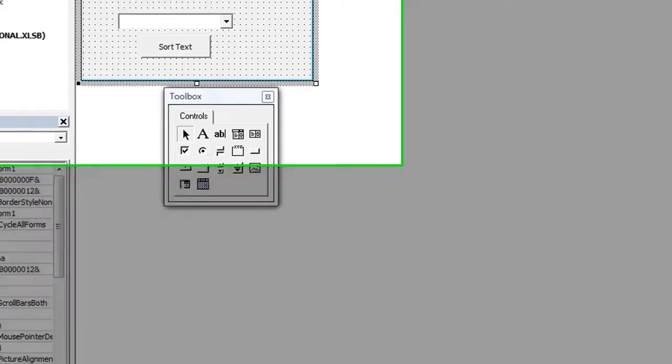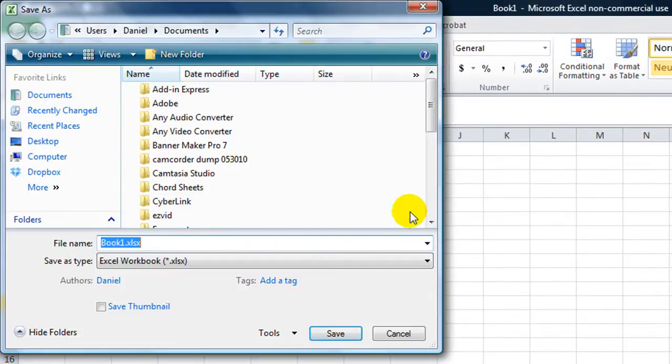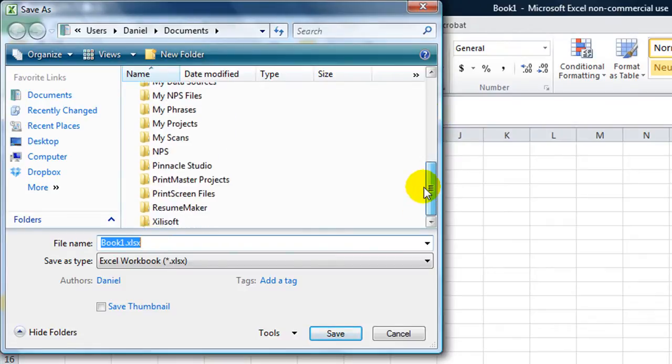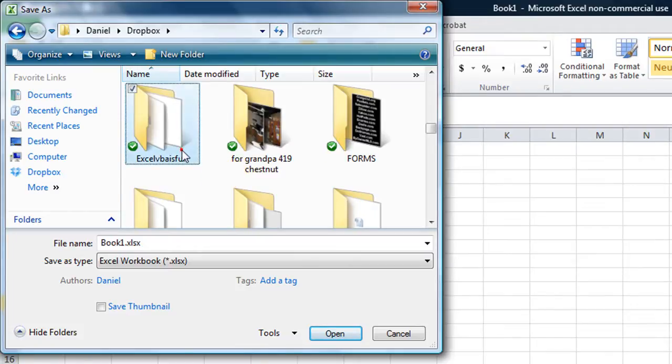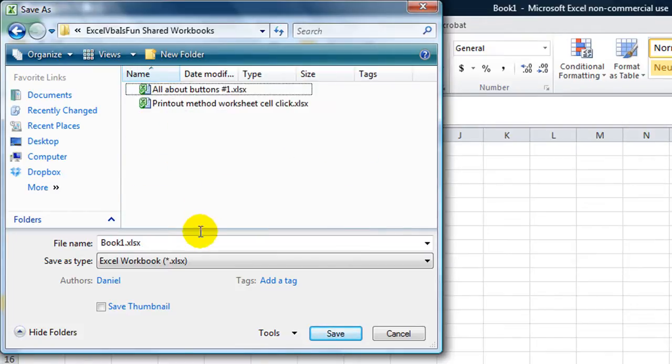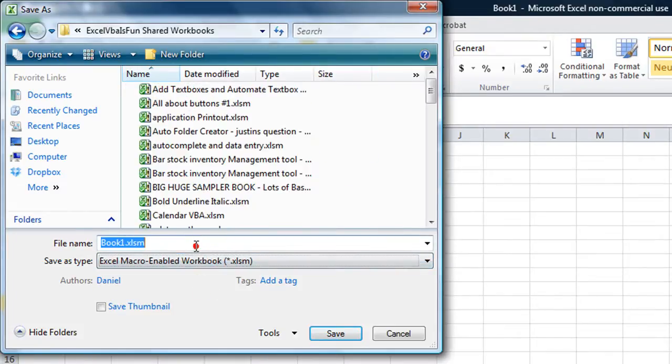So we're going to go ahead and save this workbook. It looks like that's some valuable code to you guys out there. Save it in our Excel VBA shared workbook folder, and we're going to call this workbook sorting Combobox ascending or descending